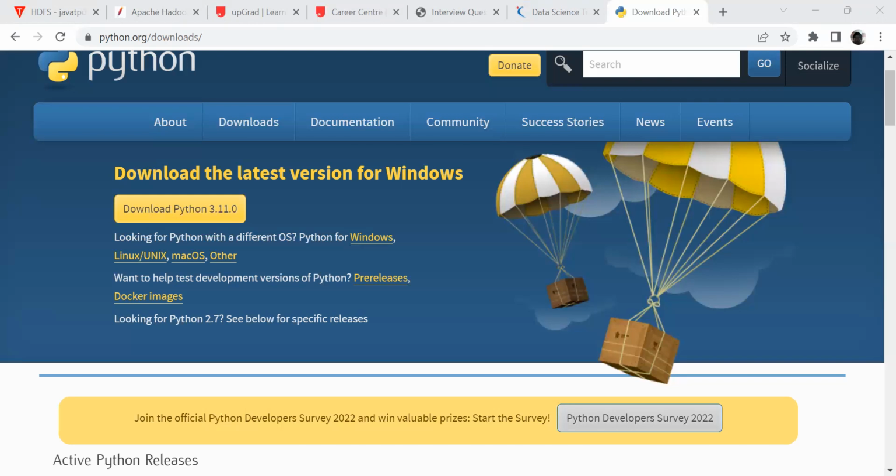Previously I had not put hello world in inverted commas, so it gave an error. This is the Python shell, and we can run any command, whatever operation we want to perform,